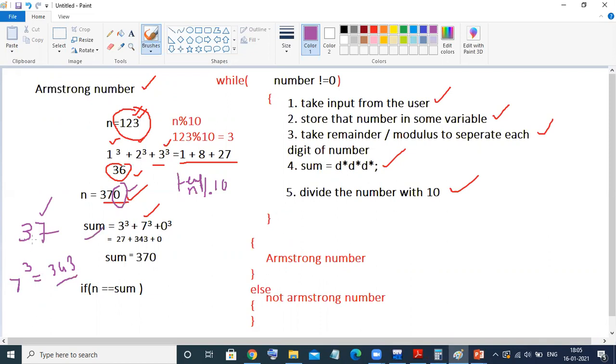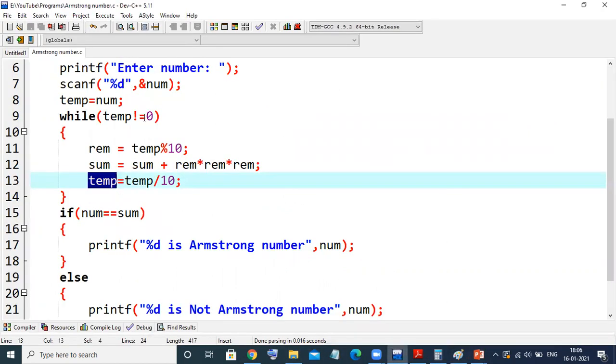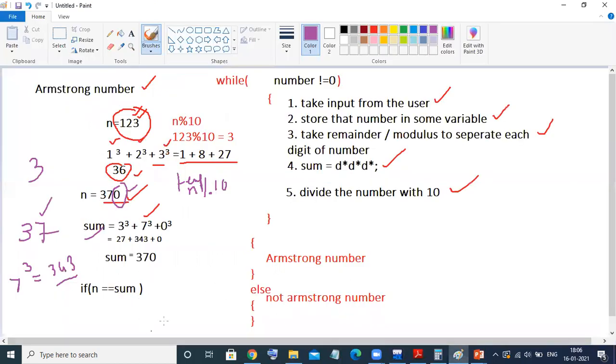Again this will be divided by 10, so you will get only 3. This 3 is not equal to 0 again. Come down here. It will again find the remainder. So 3 will be the only number. So 3 cube is 27. 27 plus sum. Sum already consists of 343.